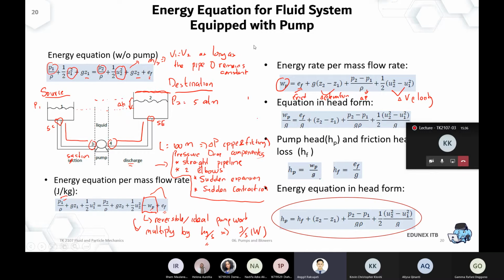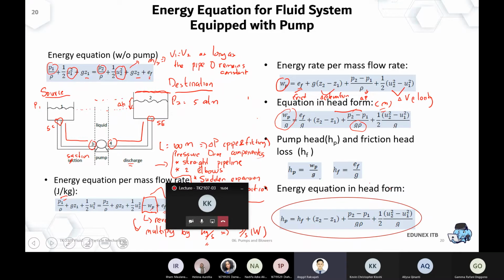Okay, very straightforward. So you just essentially add one more step of calculation compared to the previous topics about the pressure drop. And if you express everything in head form, that means we express in meter, then again you just need to divide by rho g for the pressure. P is Pascal, right? Pascal is Newton per square meter, divided by rho g. Now you get everything expressed as meter. So that's the pump head.